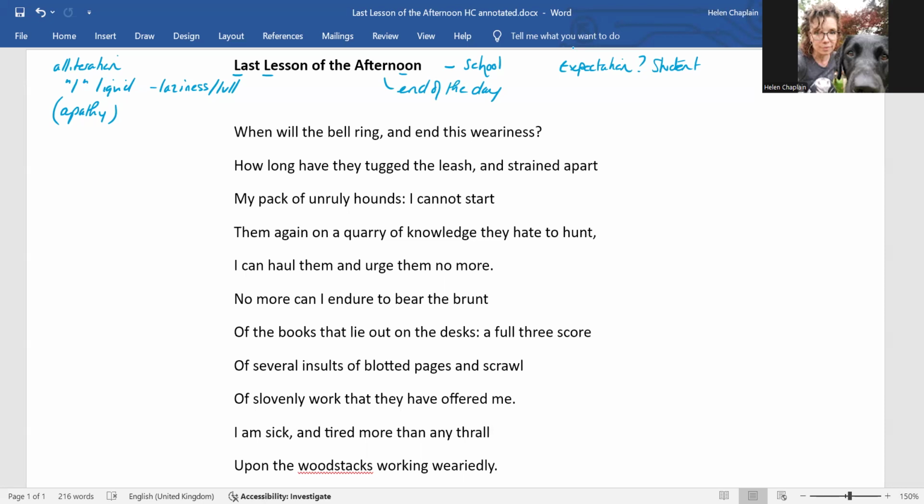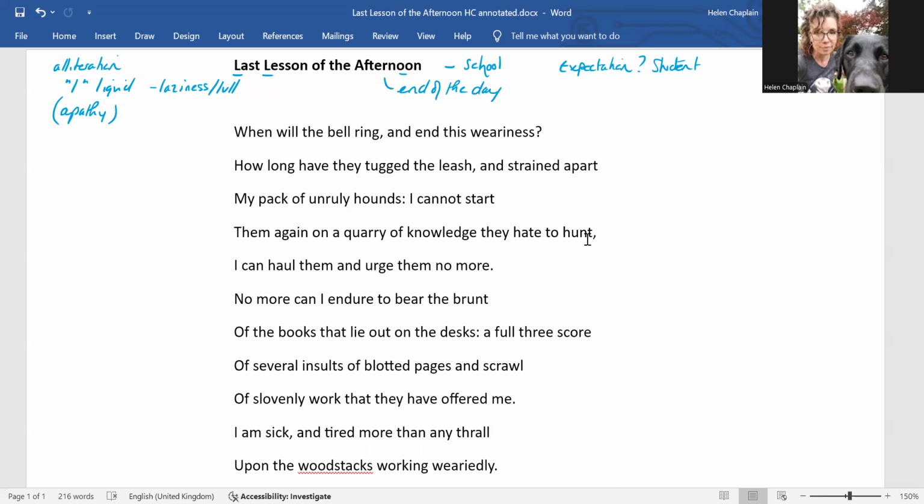So then if we read the poem, and I'm not going to read it out loud as part of this video, but if you read it, you can work out exactly what's going on, because the next thing to do is to work out the story of the poem. Unless you get the story, and the sense of progression, where do we start, where do we end, you're going to have some difficulty formulating your hypothesis, your theory, if you're doing a more extended answer on a poem. So straight away, we get the idea of the bell ringing and ending the tiredness,